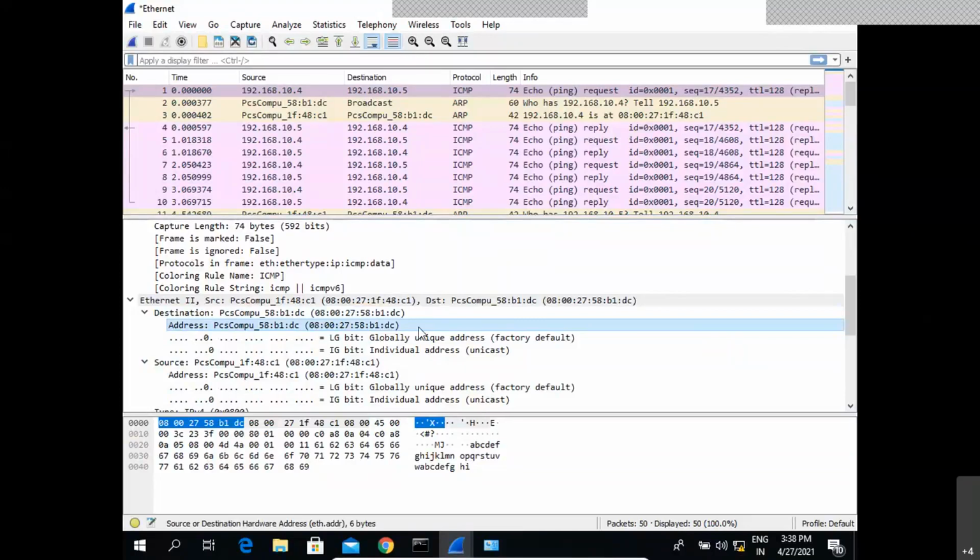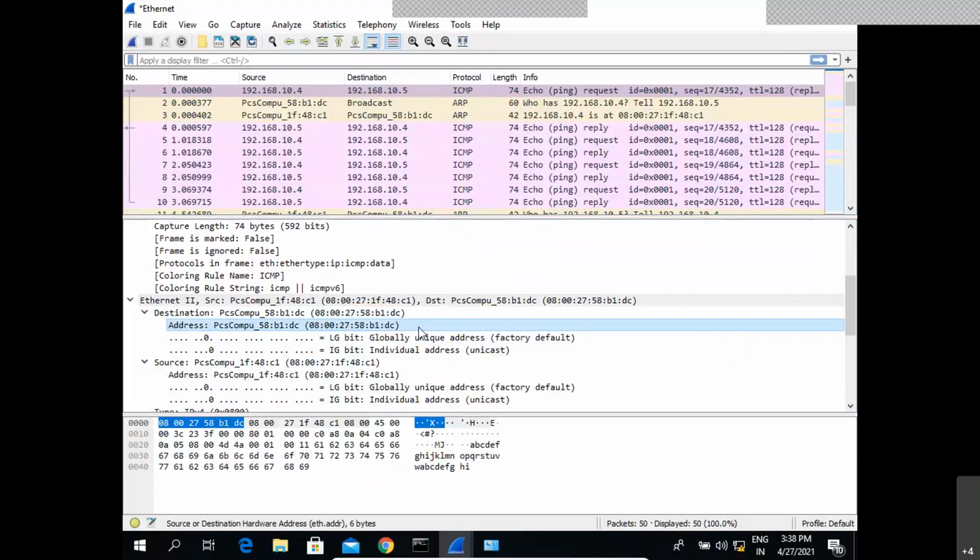Using Wireshark, we also have a database of the vendors that produce these devices. That is why in the destination, in the first line, it says it belongs to PCS Computers. What is PCS Computers?